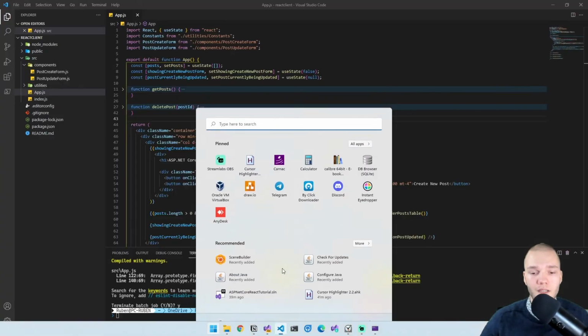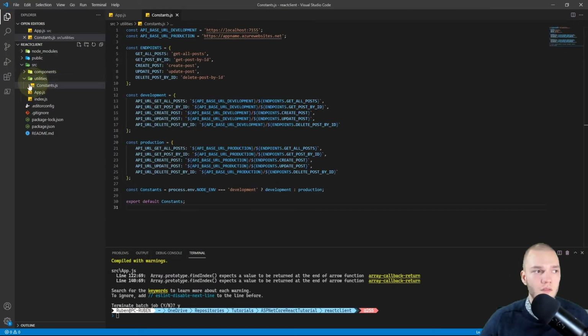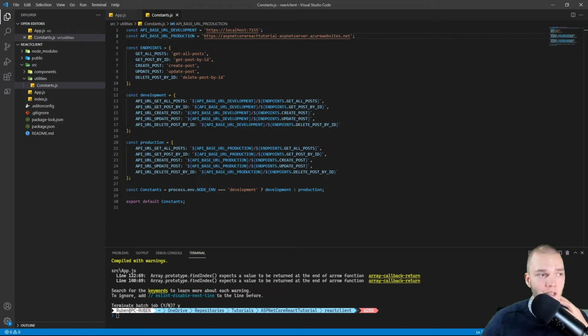So I'm gonna go back to Visual Studio Code and go to the constants file, so utilities constants, and here we have this production URL. I'm just gonna replace the existing one with the one on my clipboard. Let's save that. So our React app is ready for publishing now, and we're gonna do that via the Azure